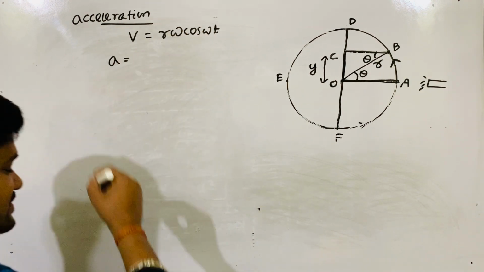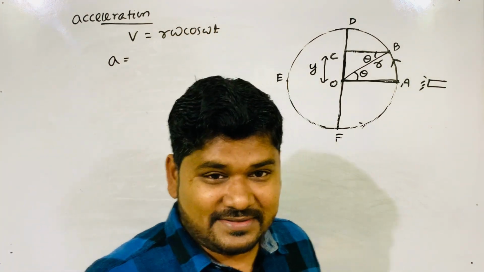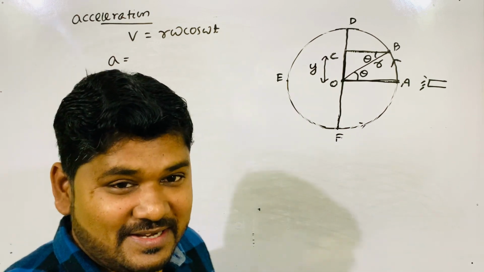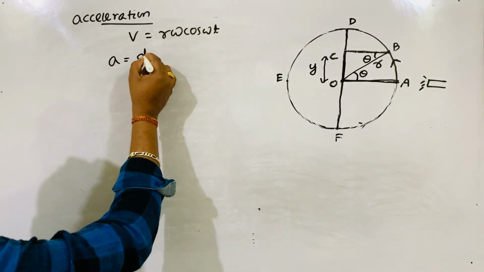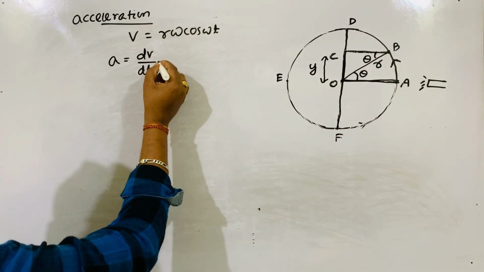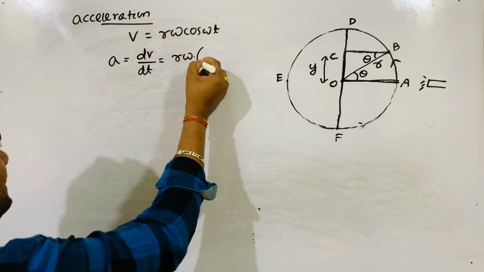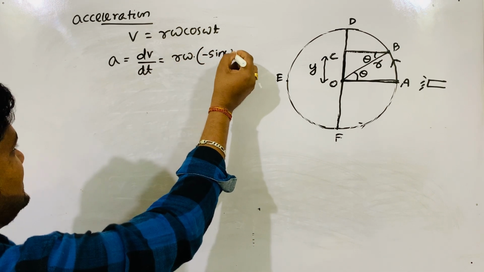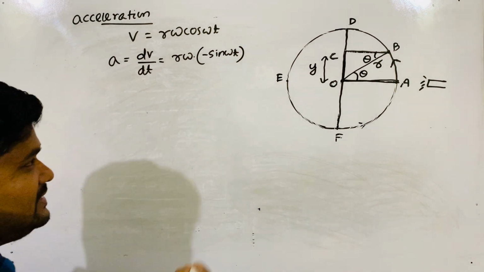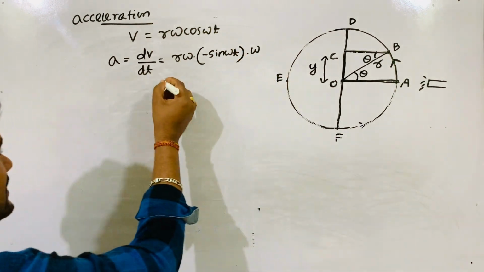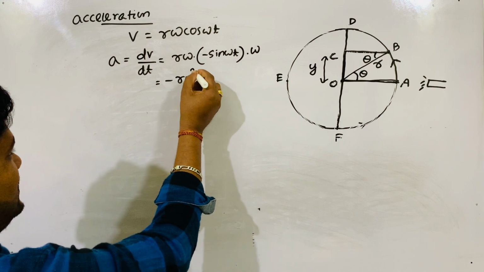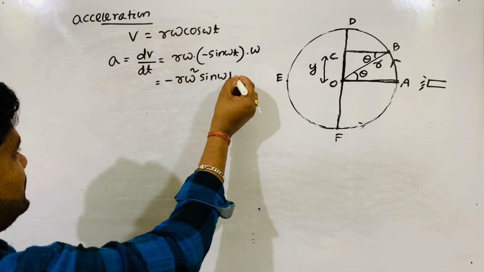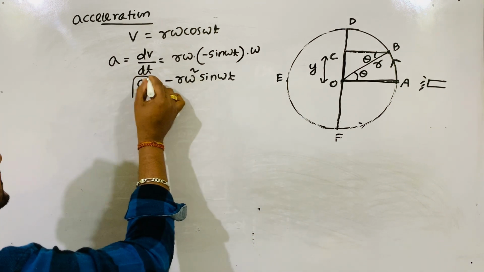To get acceleration, do the derivative once. If you do the derivative once, then we will get acceleration, dv by dt. So r omega cos omega t differentiation is minus sine omega t into again omega. So it's coming minus r omega square sine omega t. So this is the acceleration